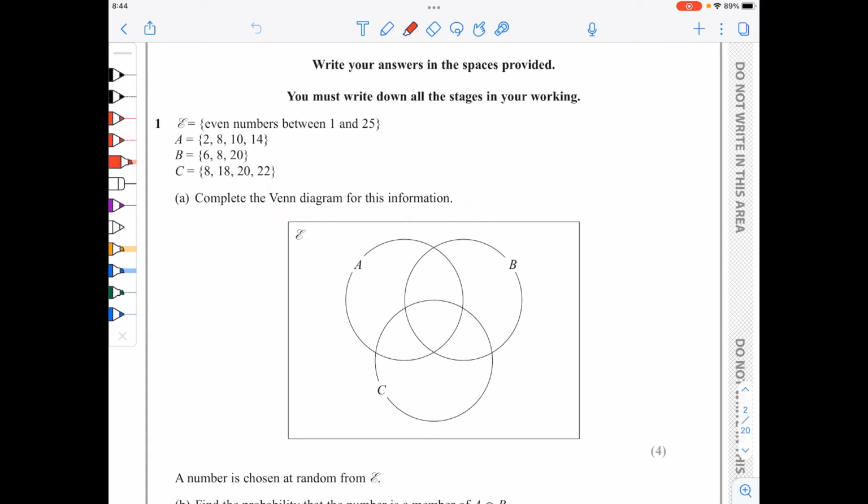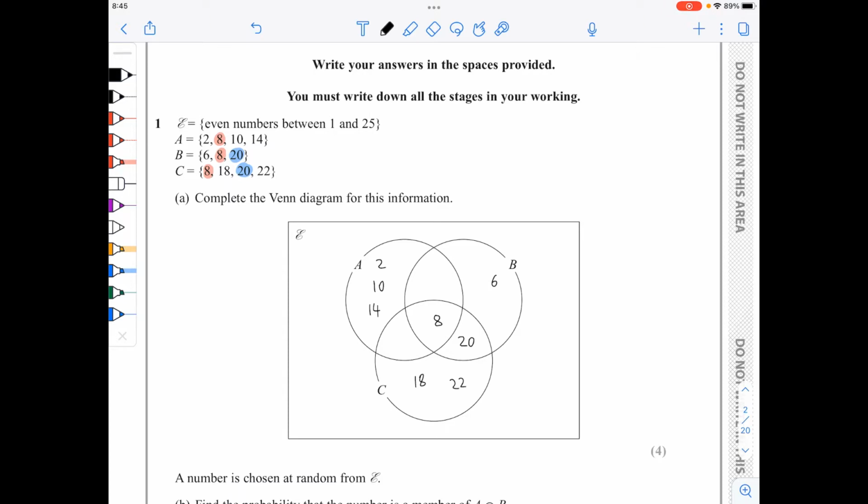I will start by identifying the common elements between A, B, and C, and this is just the number 8. So 8 goes in the middle here, and then 20 is common to both B and C. So 20 should go here. There are no other elements in common, which means that we've got 2, 10, and 14 here in the only A region. We've got 6 in the only B region, and we've got 18 and 22 in the only C